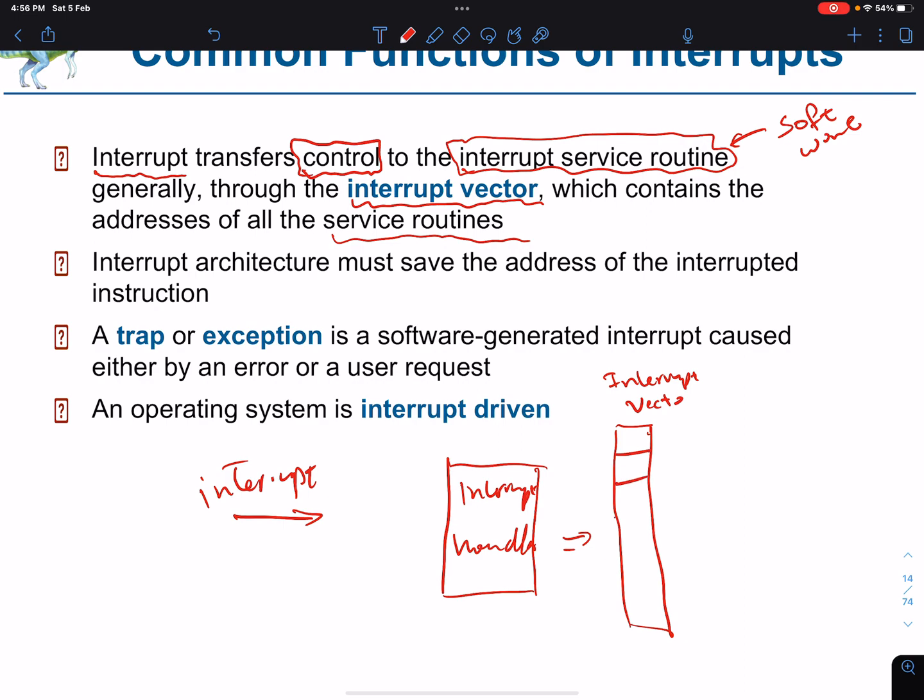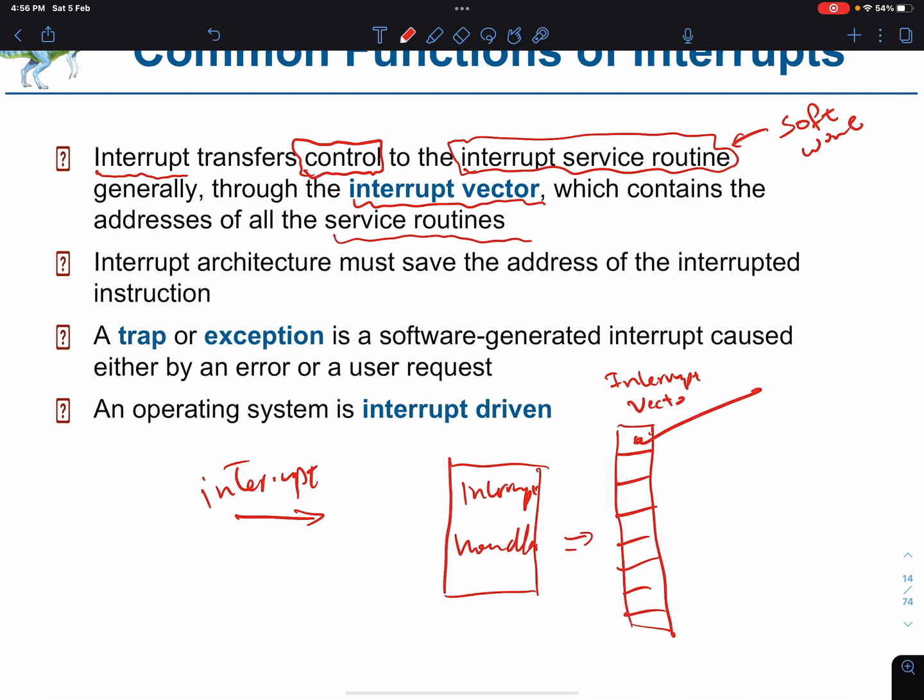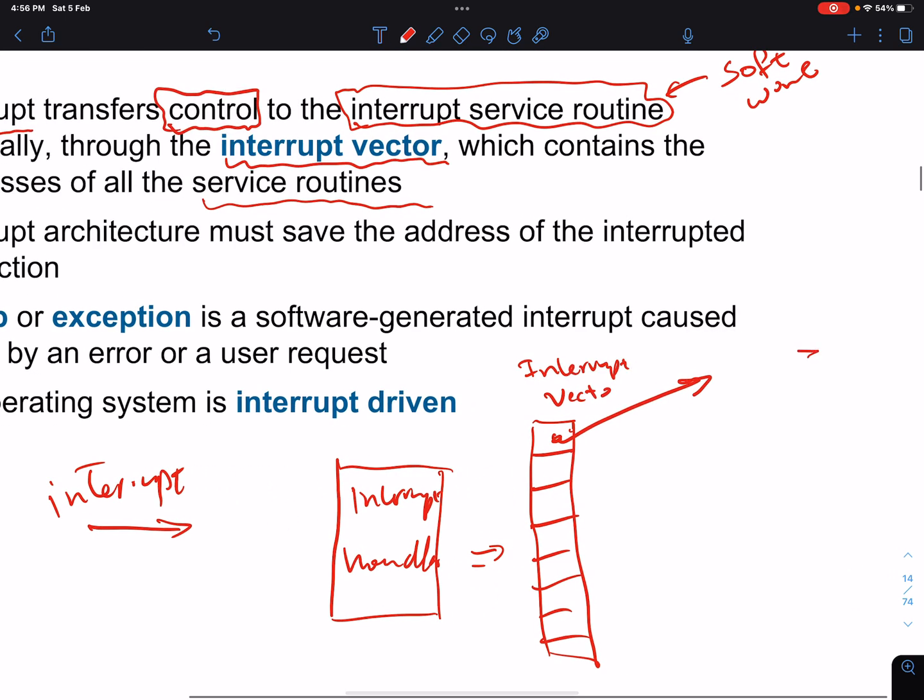This vector has addresses. It's an array of addresses. Each address is a pointer, right? What does it point to? The code of the first service. Let's call it display a character.